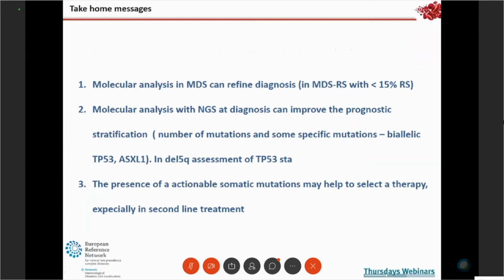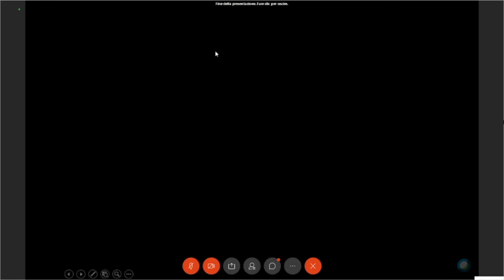take-home message. The molecular analysis of MDS can really refine the diagnosis in some cases. Molecular analysis with NGS at diagnosis can improve the prognostic stratification, especially for some cases. In Del5Q MDS, the assessment of TP53 mutation is mandatory, and the presence of actionable somatic mutation may help to select target therapy, especially in second-line treatment. And I really thank you for